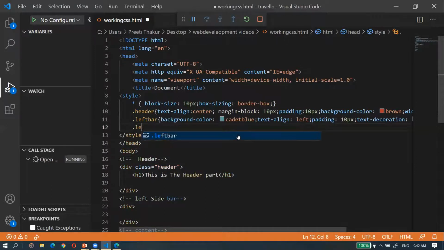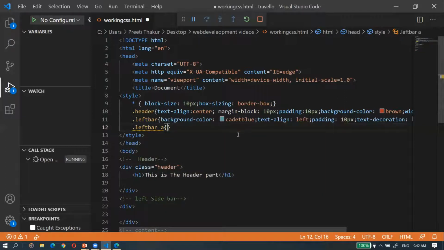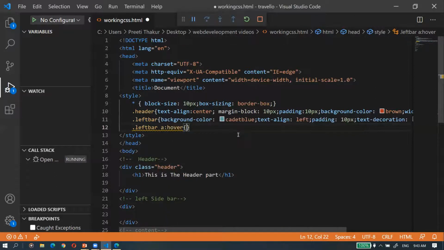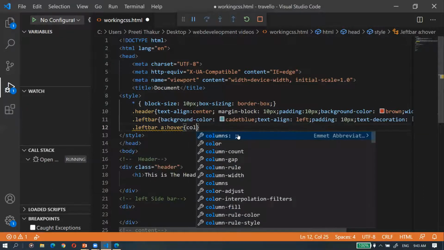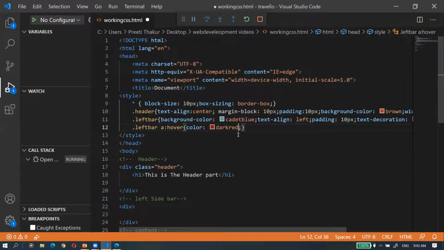So that's why I'm giving this left bar A colon hover, right? So if somebody puts the mouse cursor on that particular link, then the color will change. For that, color dark red. That's it, just to check it out.